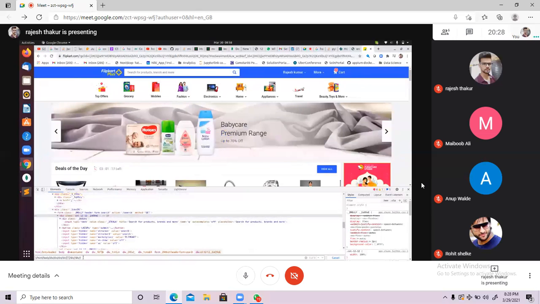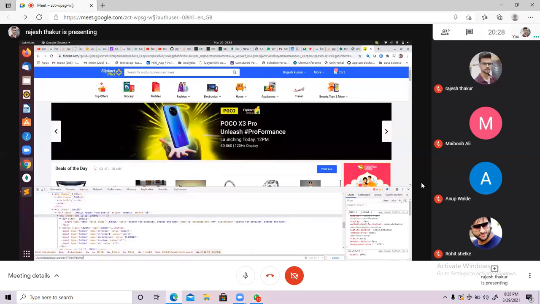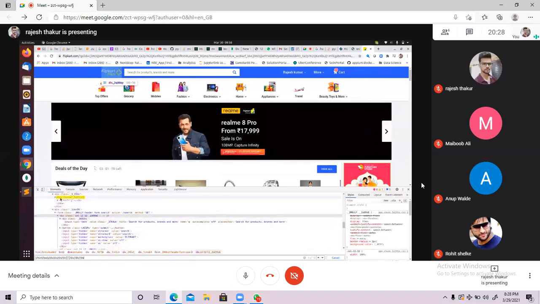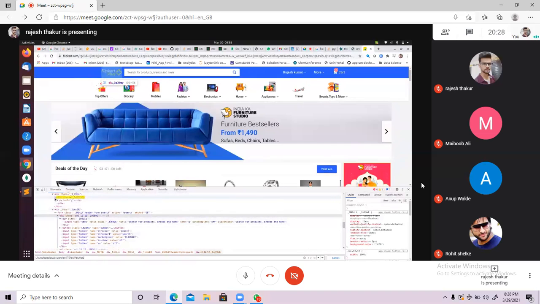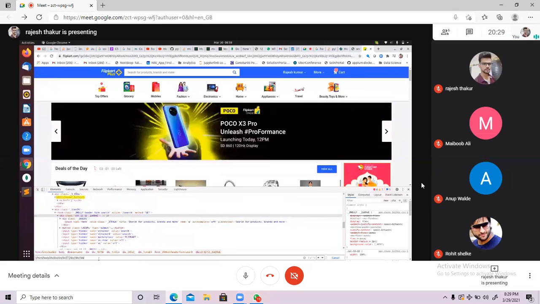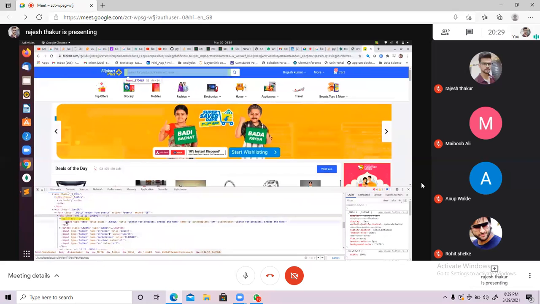Again double forward slash div. So we reach here. Can you see this? We reach here, and we are still not covering this div, and we have to come to this div, right? So again, type double forward slash div. Yes, now we reach this div.